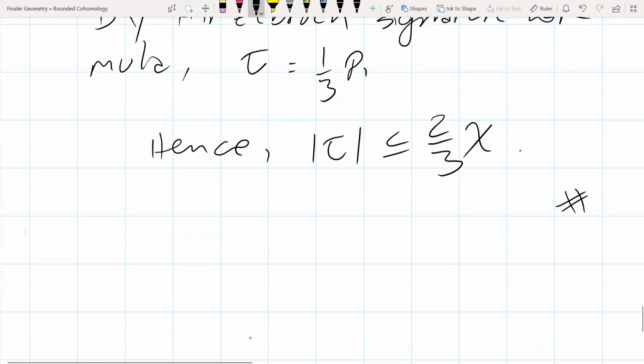So this finishes the first theorem. The second theorem is, if you have, again, a compact four-dimensional Einstein manifold,